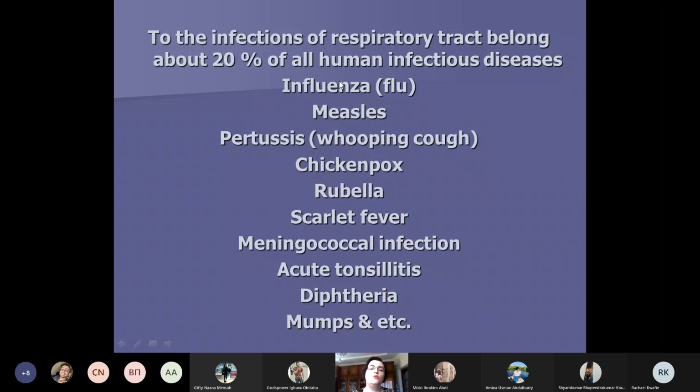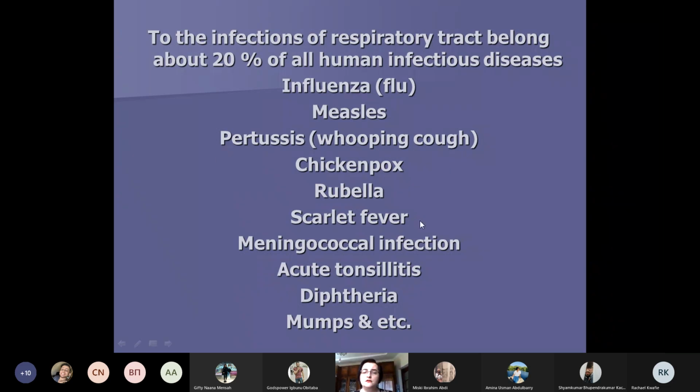Influenza, one of the most frequent and dangerous diseases. Measles, very dangerous in childhood, but now it's a controlled infection. What does it mean? It can be prevented by vaccination. Pertussis, the same as measles. Chickenpox also. Rubella, maybe not so dangerous for adults, but dangerous for pregnant women, for the fetus, causing a very serious congenital